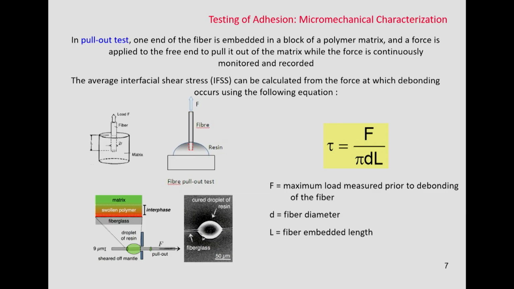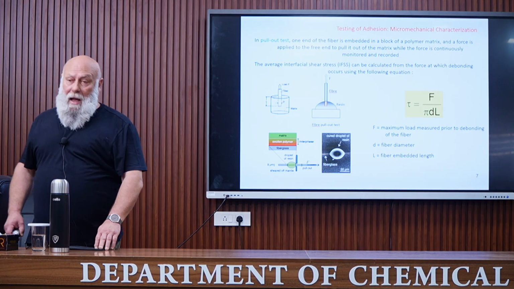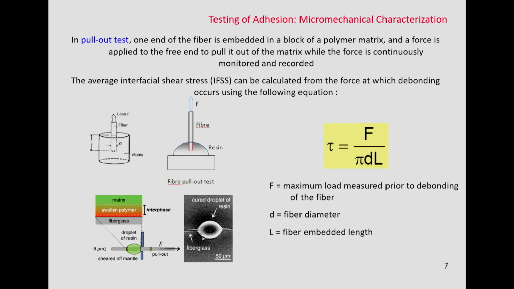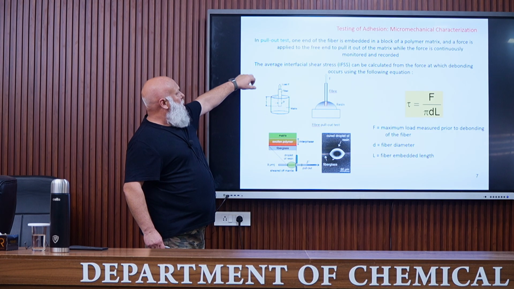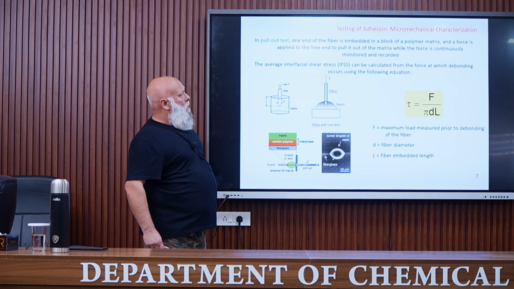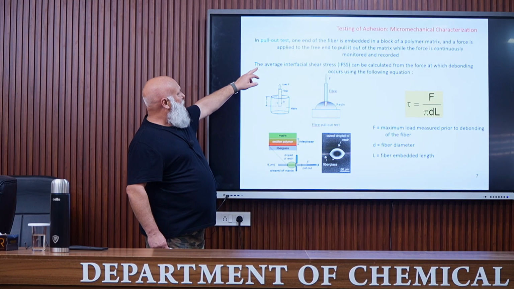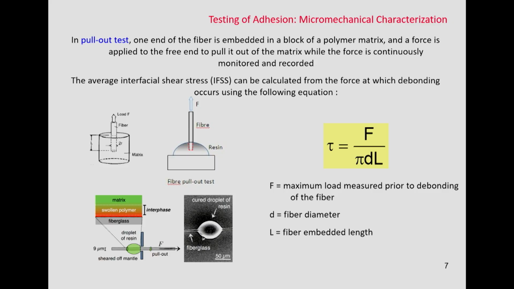So, adhesion test. This is called micromechanical characterization. There are mainly two techniques or micromechanical tests to assess the quality of the adhesion between the fiber and the matrix. The first one is called pull-out test. In this test, one end of the fiber is embedded in a block of the material which is a matrix, and a force is applied to the free end to pull it out of the matrix, while the force is